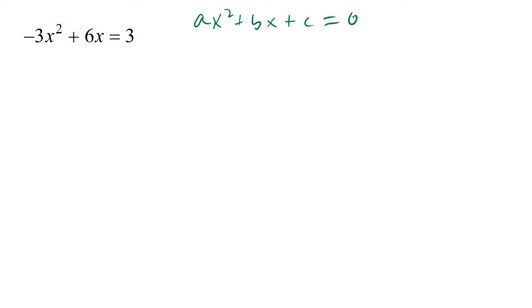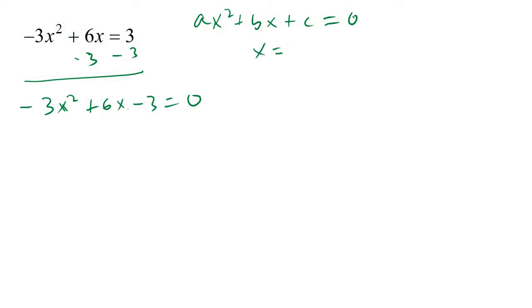The right side is a 0, so we must subtract 3 from both sides and write what is left. So we have negative 3x squared plus 6x minus 3 equals 0. So now we're ready to apply the formula. I'm going to start off with the formula: x equals, now negative b will be negative 6